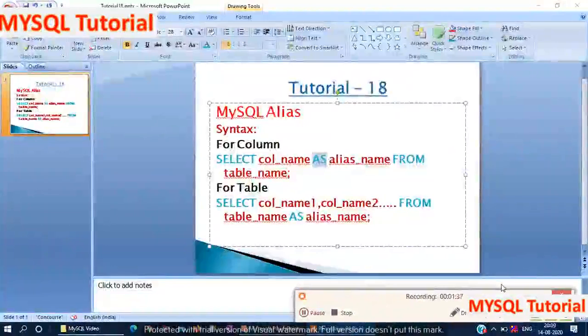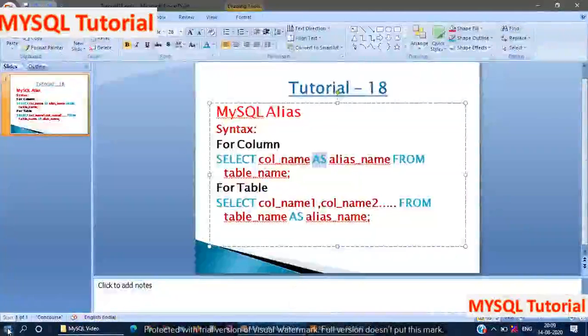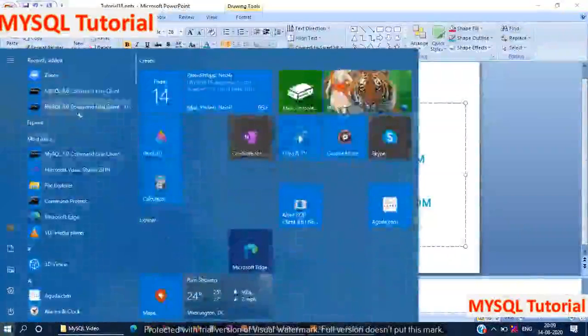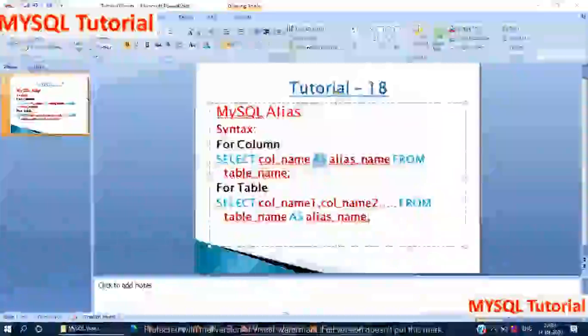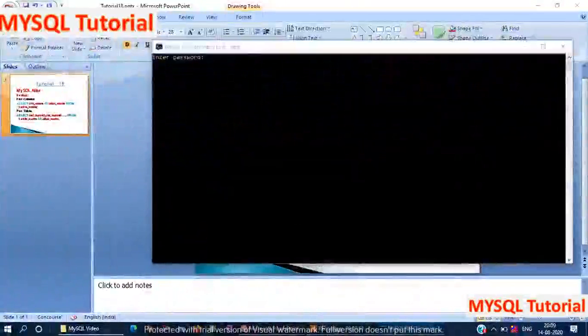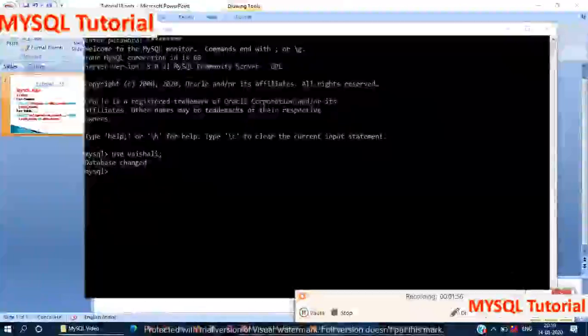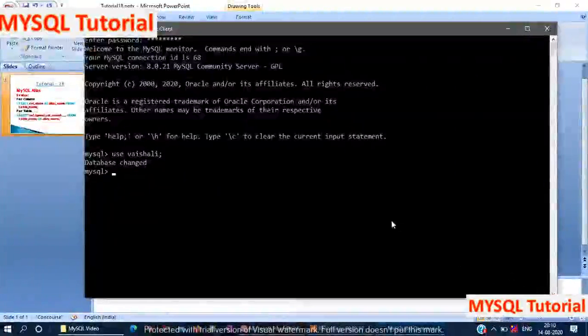Now we are going to see how it works with a database. First we create a new table, student_info.